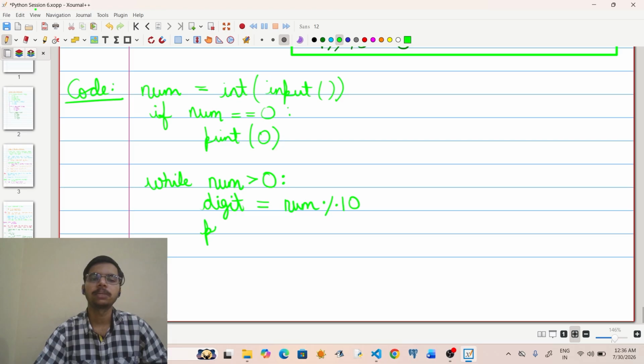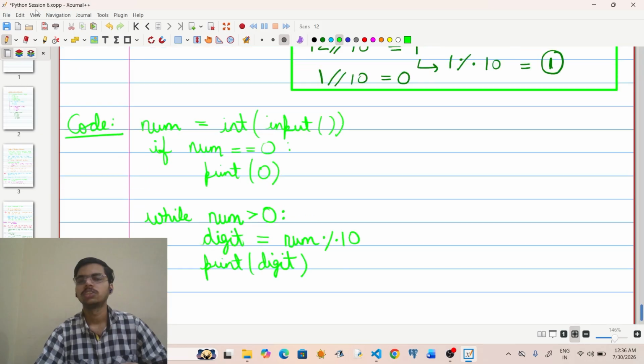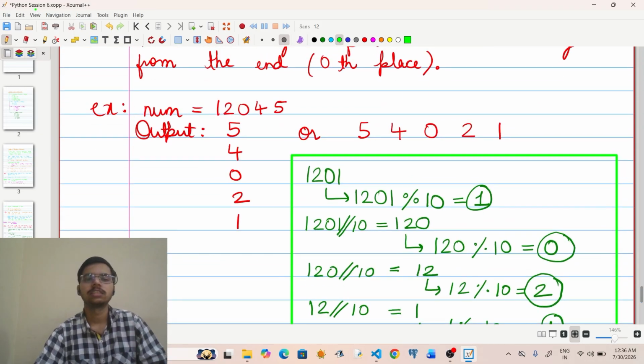You can directly print this digit, and yeah, you can print it like this if you want your output to be in this particular fashion,